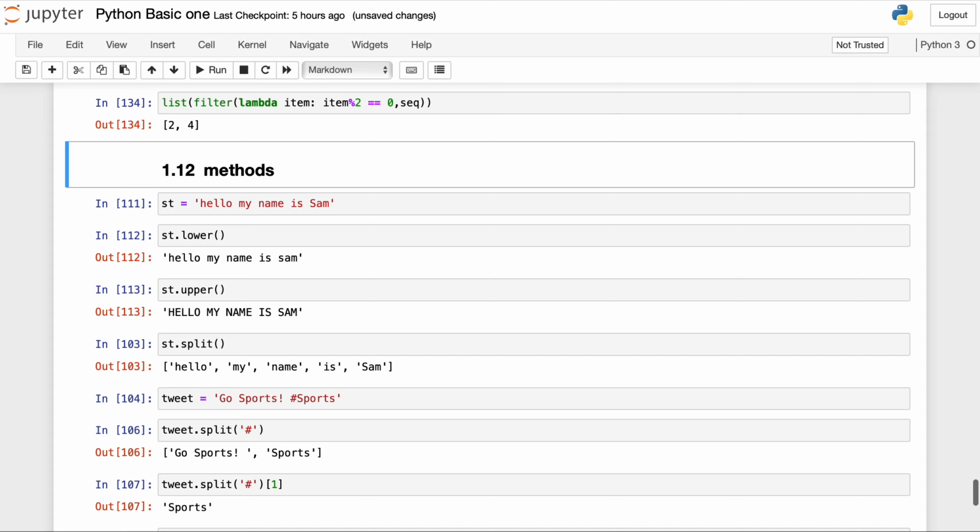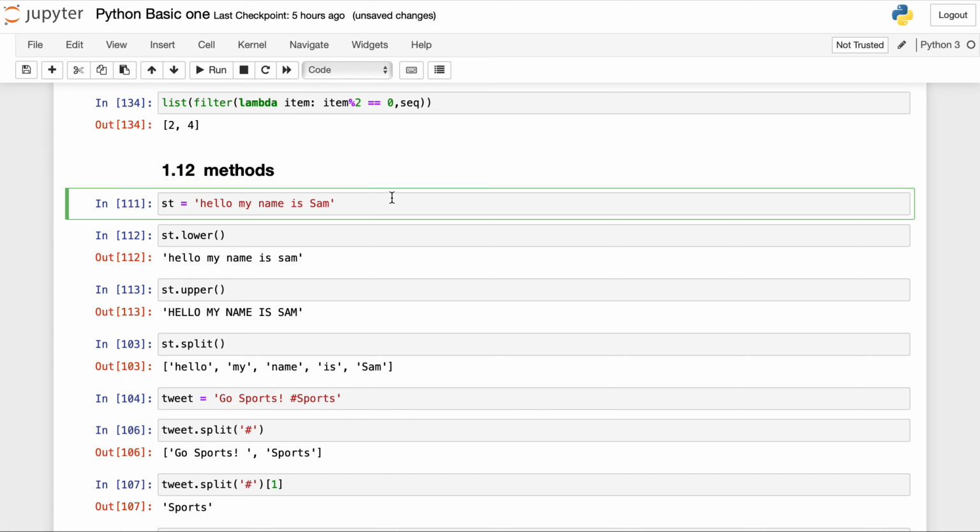Similarly, we have different kinds of methods in Python. Suppose I'm declaring one string, hello, my name is Sam. Instead of Sam, I'll write hello, welcome to the Vision.